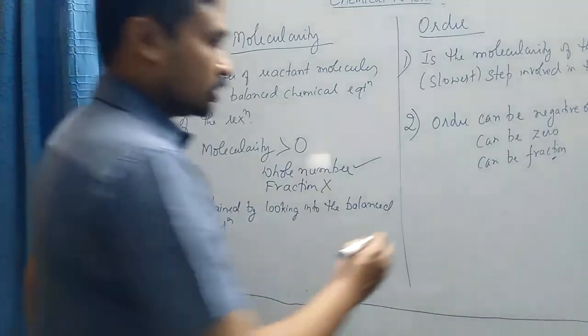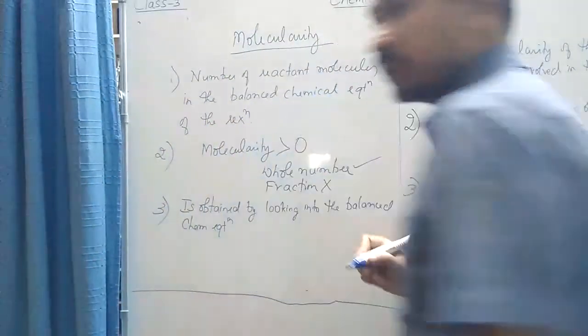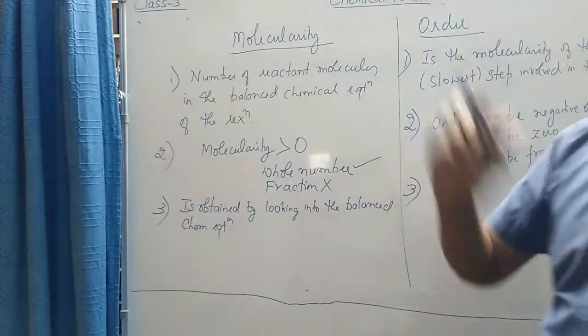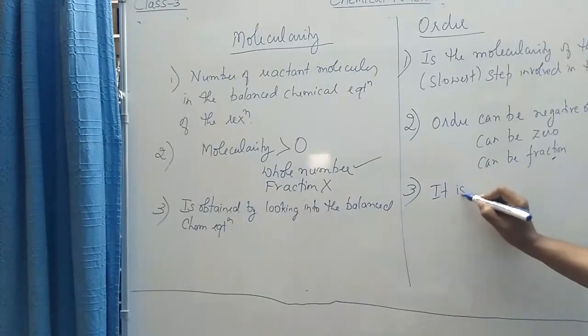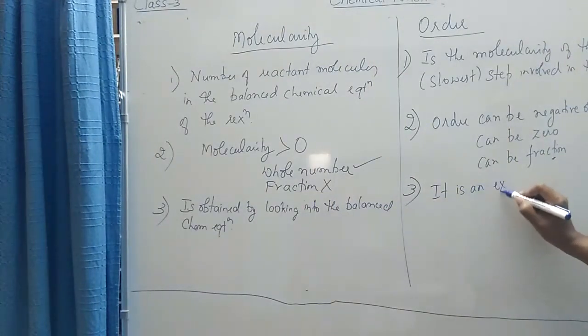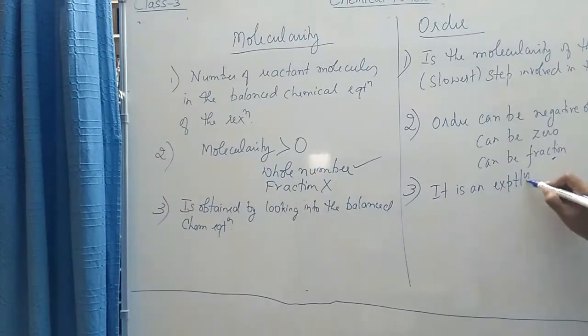But what is order? Order is very important compared to molecularity. Order is very important because it is an experimentally determined quantity. By doing experiments, we have found out the value of order. So its value is very significant in chemical